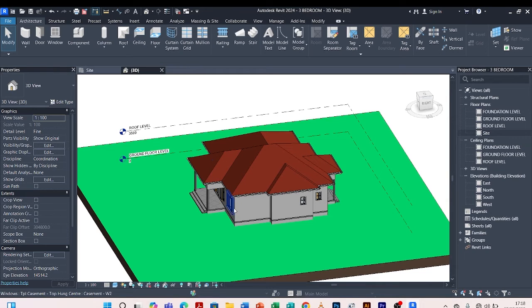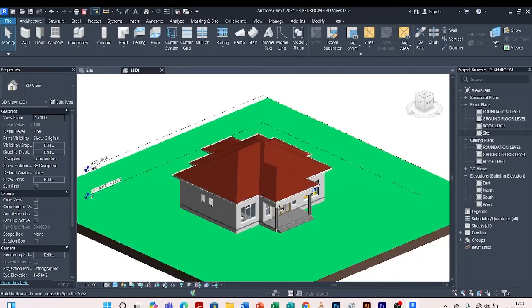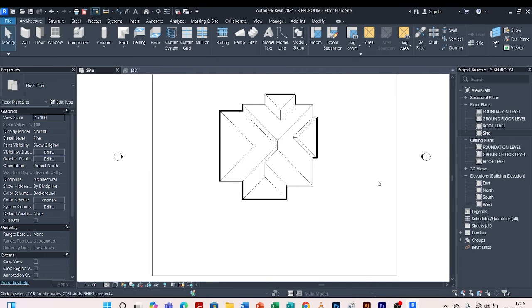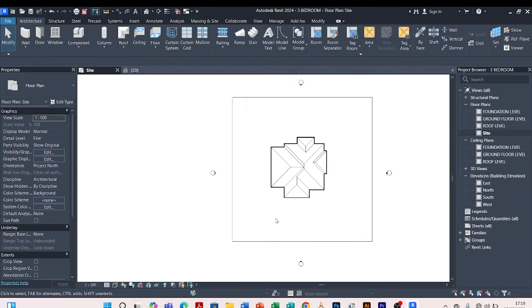So when we are going to do the landscaping, we go on our site. We check under the floor plans and open site. For site, that is default, it comes in when it is named as site. So we open our site. This is what we see when we open our drafting for the site. So this is the site plan, and this is where we are going to do the